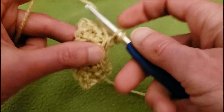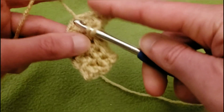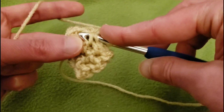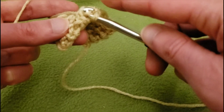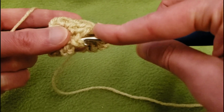Through 2 and 2, through 2 and 2, through 2 and 2, through 2 and 2, and then at the very end,